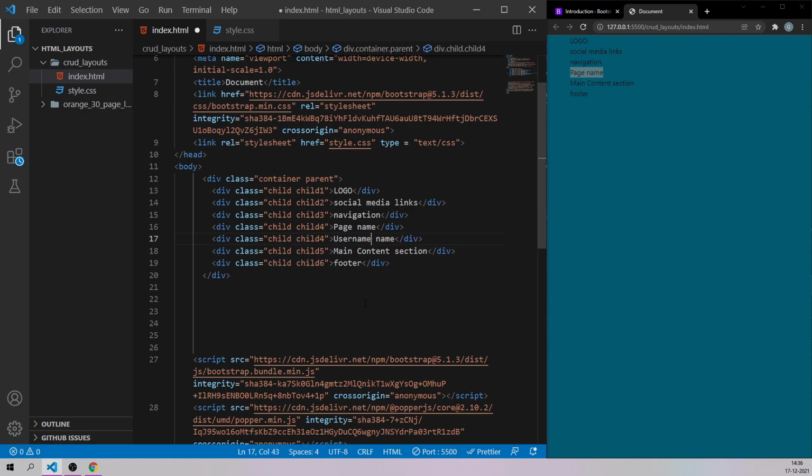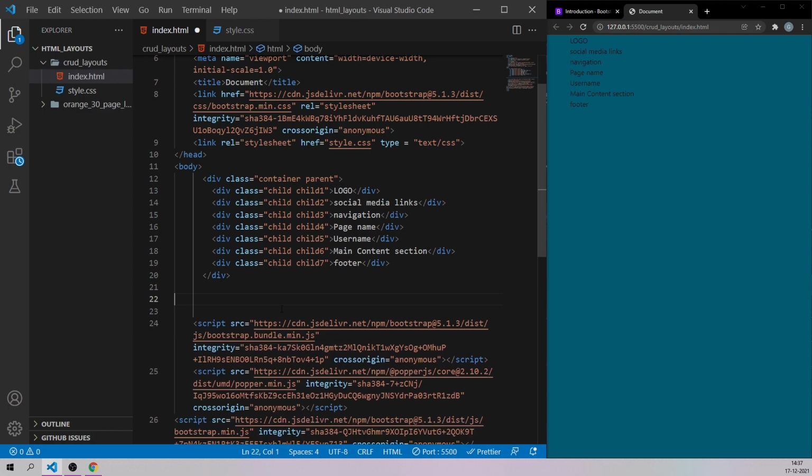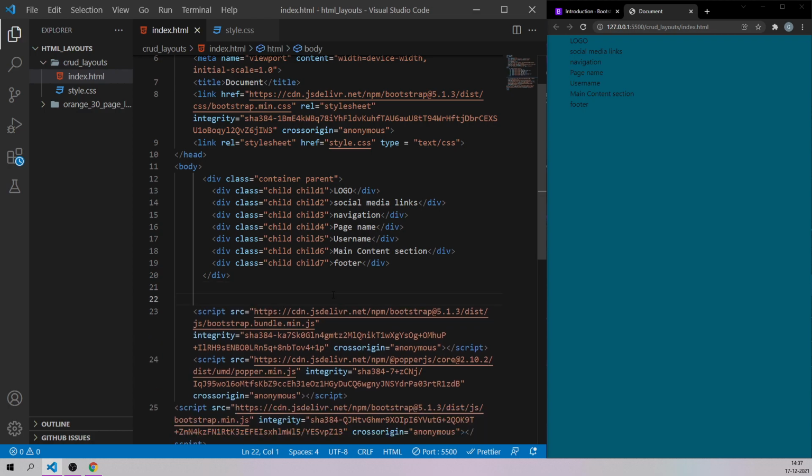So whoever is logging into the application, his name I'm going to show in this particular division. Let me make it 5 here, let me change this to 6, and let me make this 7. So in total we have 7 child elements inside one parent container, and that is why we are getting a little bit of left side margin, and there will be a right side margin as well. Now let us design the page first according to the layout, and then we can start putting the contents over here.